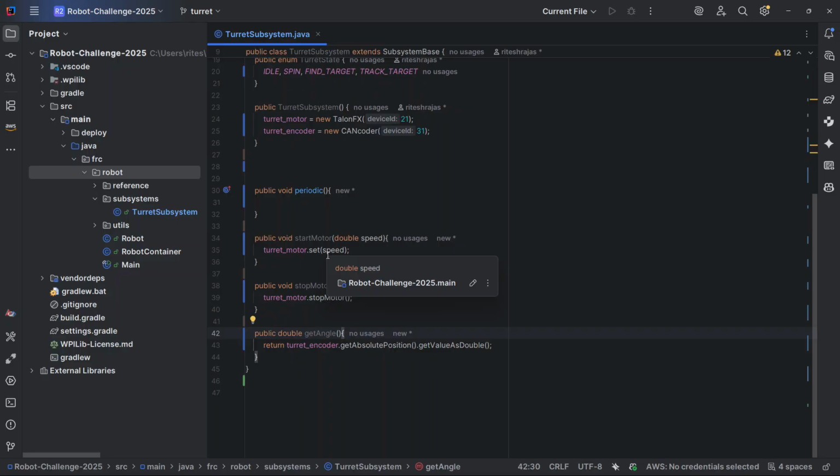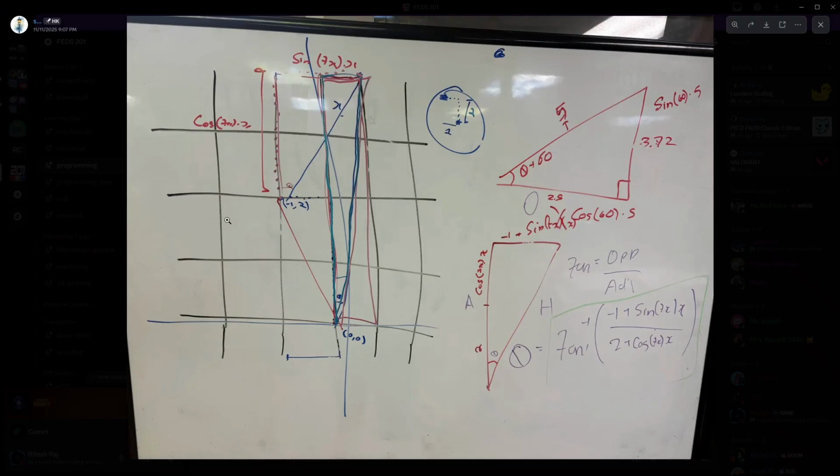So let's actually get started. I'm going to pull up an old picture from Discord. Hopefully I can explain that in a really quick manner. Let me just pull up that specific image. Programming. Okay, so